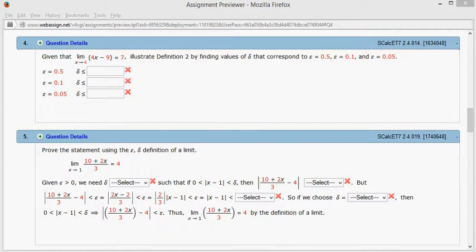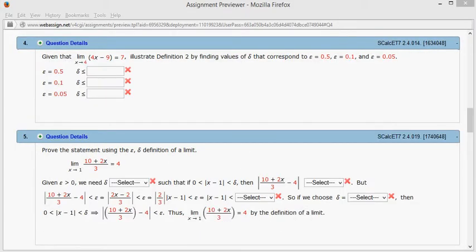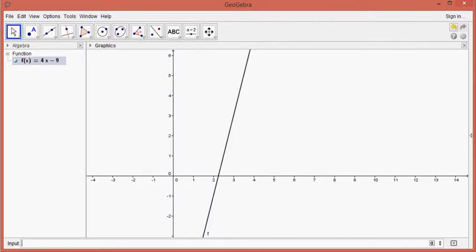So the function is 4x minus 9. I'm going to type in f of x equals 4x minus 9, and put that in. Then x approaches 4. So let's see, I'm going to put x equals 4 so you know where it is. And I'm going to move a little bit and